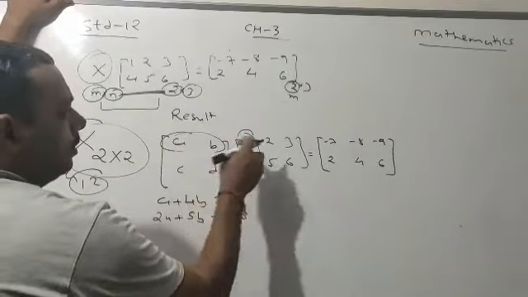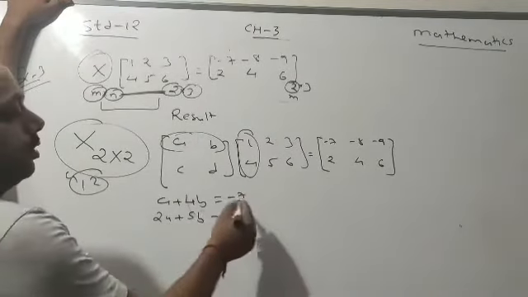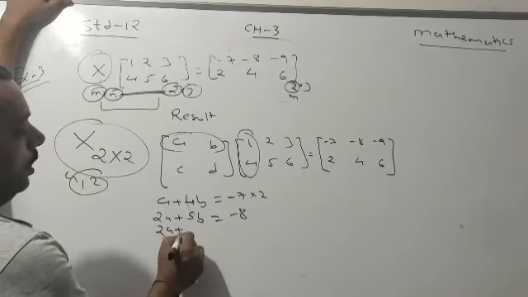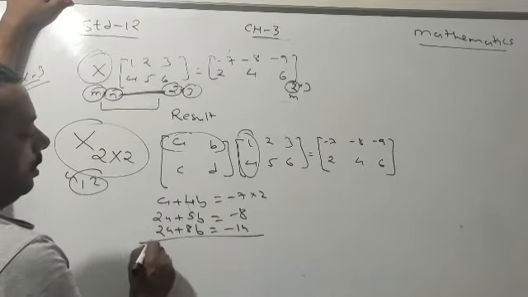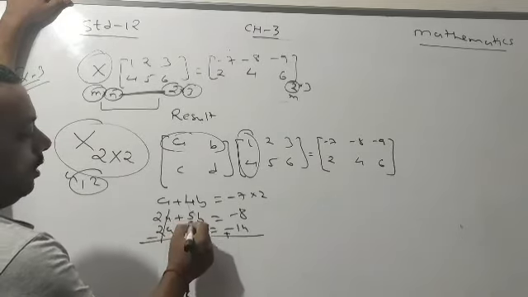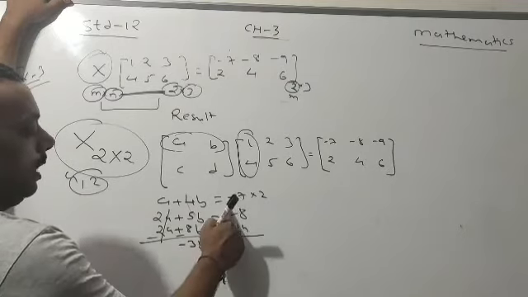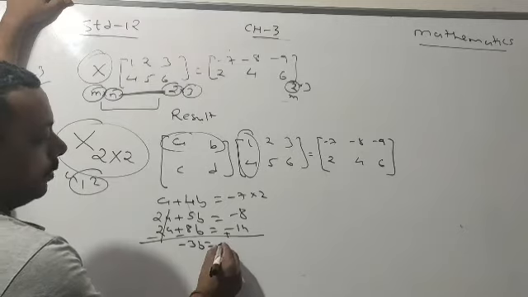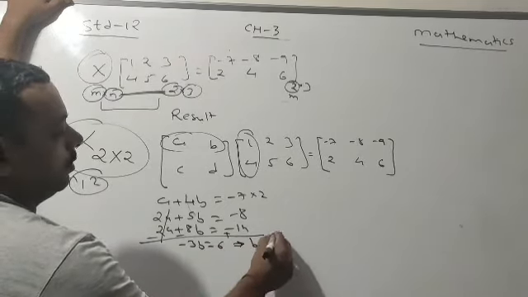Even though we will not multiply the third one, we will directly get the answer by eliminating this. Suppose I multiply this equation by 2, then my new equation is 2A plus 8B is equal to -14. Now minus, minus and plus. 2A gets cancelled. 5B minus 8B, that is minus 3B. Minus 8 plus 14, that is plus 6. So the result is B equal to -2.